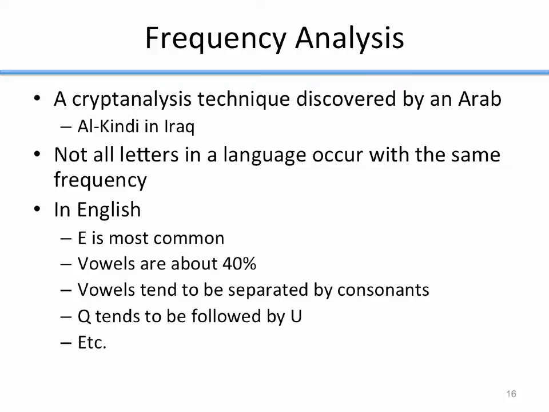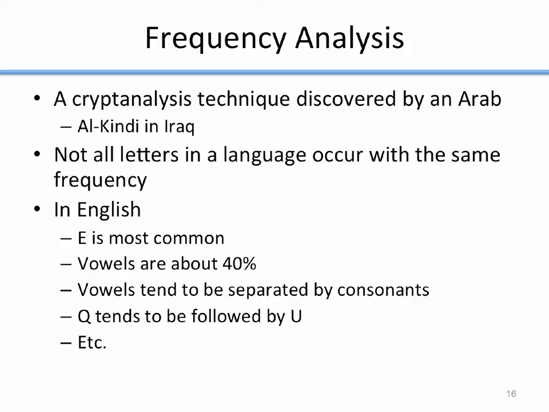Vowels occur about 40% of the time in English. So A, E, I, O, U are the most common letters you're going to find. Vowels also tend to be separated by consonants. So if you have a vowel, the letters on either side of it are probably, but not always, probably not vowels. And we have other interesting features like Q tends to be followed by U in every instance, except, of